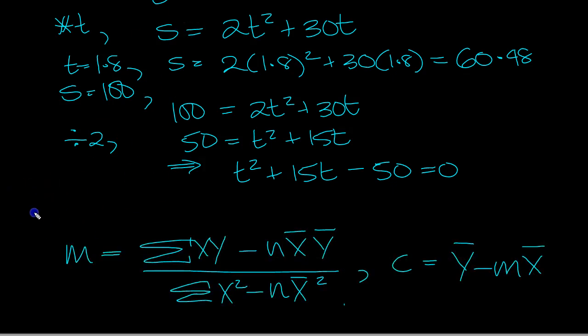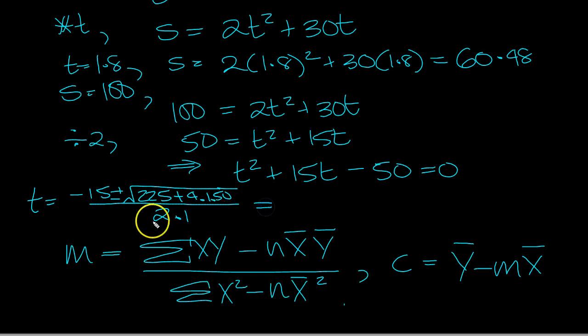I'm just going to do it quickly. t equals minus b plus or minus the square root of b squared, 15 squared, minus 4 times a times c, 50, over 2 times 1, might work out right, minus 15 plus or minus oh, it's plus, 4 50s are 200, so